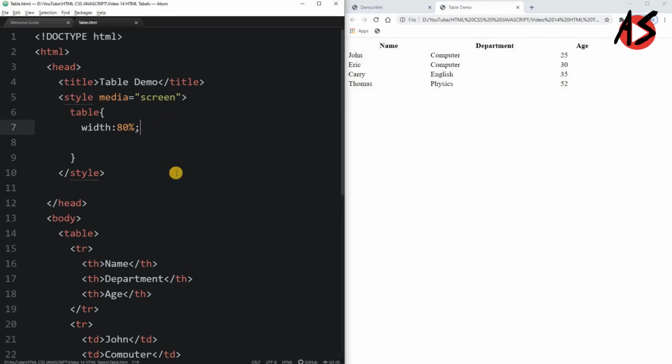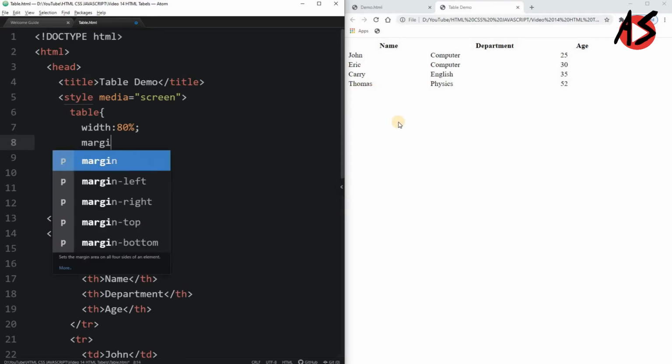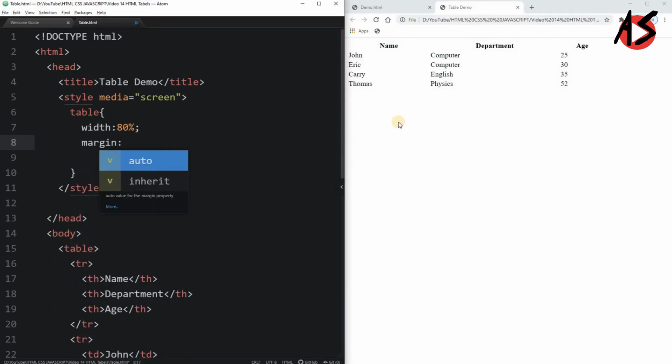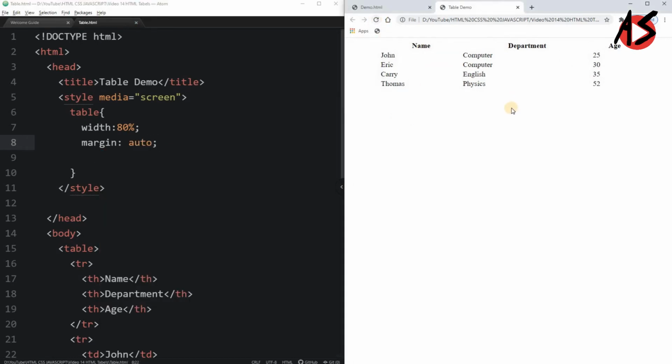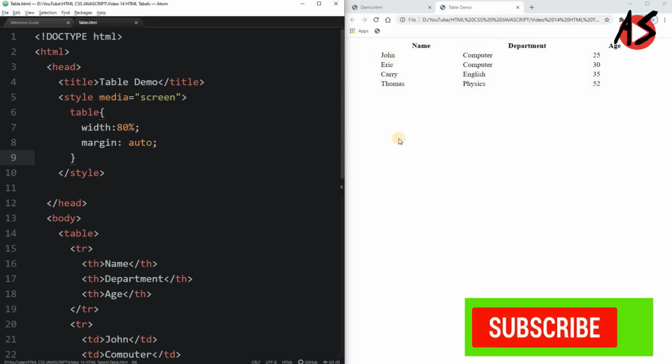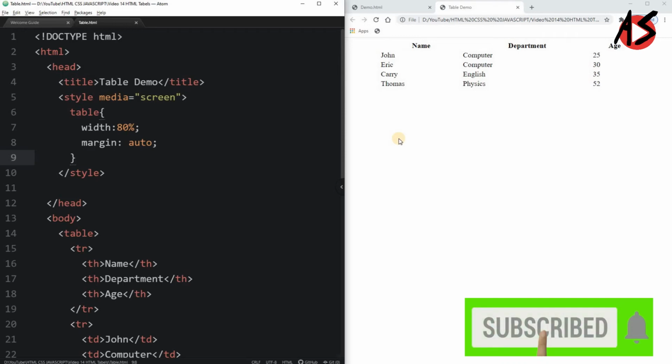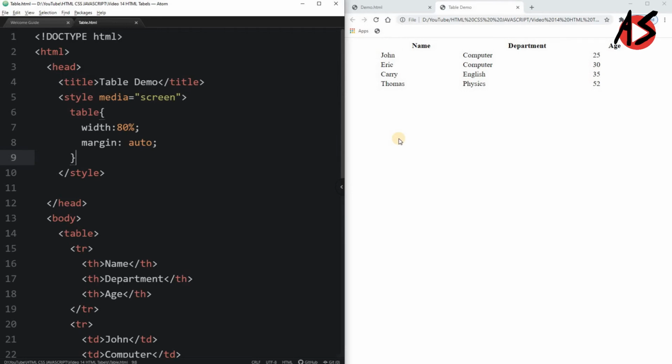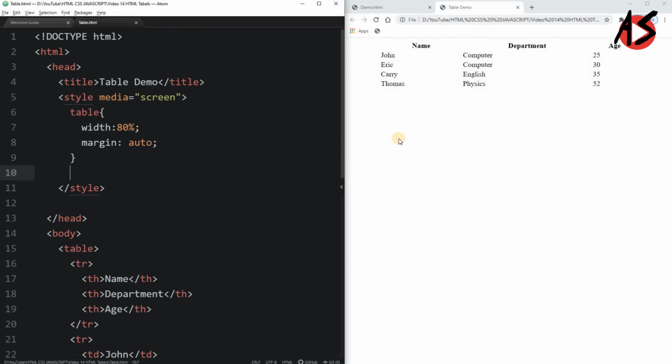Now we will set the margin at both the side. So we will write margin is auto here and refresh the page. So you are getting the table in which you have a header that is by default bold and center aligned, while your data are left aligned. Now if we want to add the more style for each cell of columns and header, we will write few more style for the table header as well as table data here.